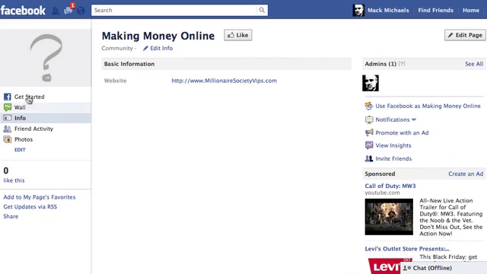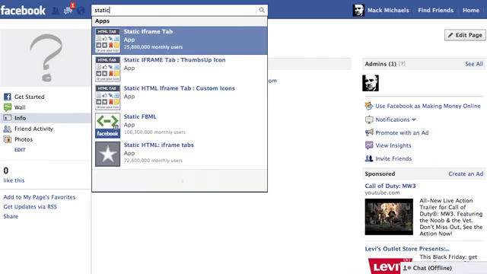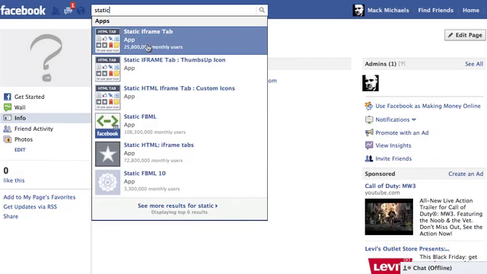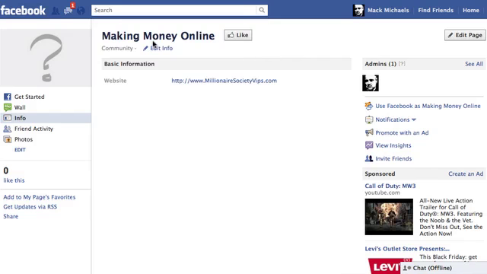What you want to do is actually go to the search box up top, type in static, and then you'll see the very first result is a static iframe tab. Now, if you're just kind of listening to this video, but you're not watching it, please come to your computer right now and watch this, because I'm going to show you something really cool. So assuming that you're here watching it, we're going to click on that, and it's going to take us,